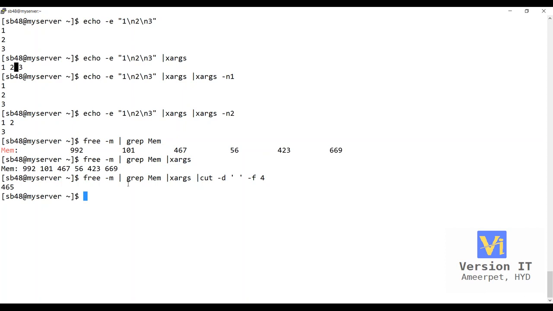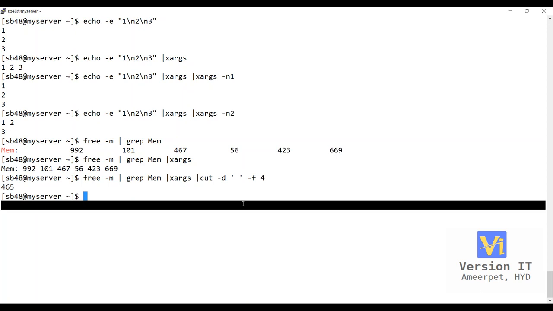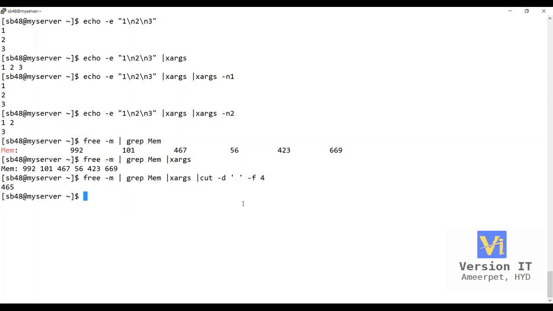So how many commands are you using to sort out the output? You are using the grep command, the xargs command, and the cut command. All these 3 commands can be replaced with a single awk command. The awk command is a very powerful data manipulation tool, or data filtering tool we can say. It has very beautiful concepts with it,